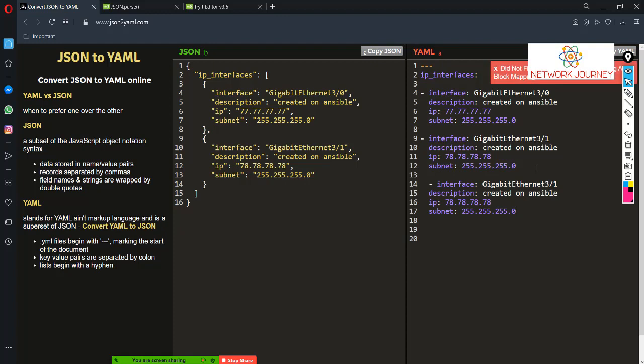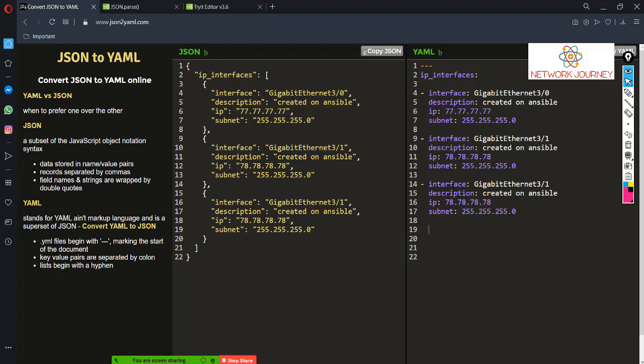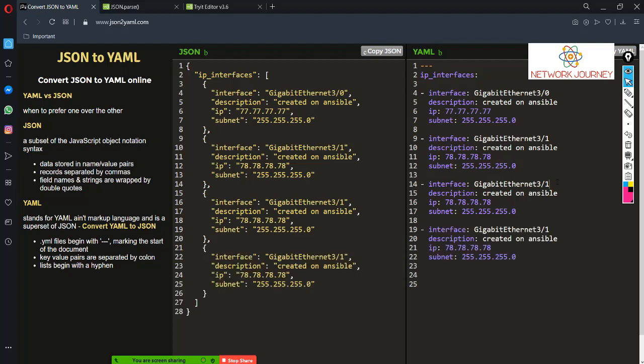Sorry, not this. As soon as you do something wrong, you're gonna get that red color. So basically you have to start from here. Change this to 2, this becomes 3. Description can be the same on interface, it's not gonna create a mess. This is now 79, 79, 79, 79. This is 80, this is 80, this is 80, and this is 80. See, as soon as you have some issue, that's gonna show. So basically you're gonna have the dictionary format, so you should keep a space between them.